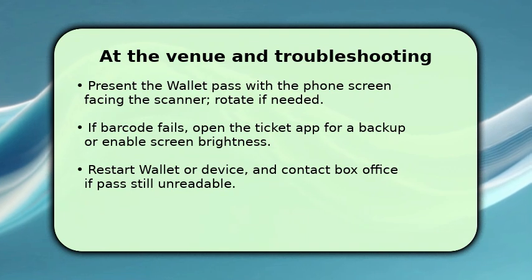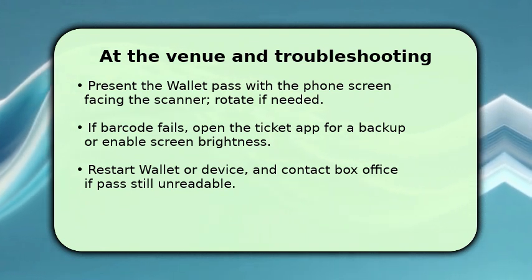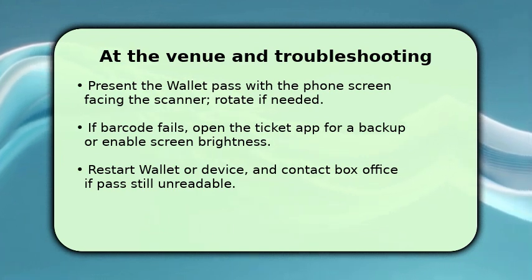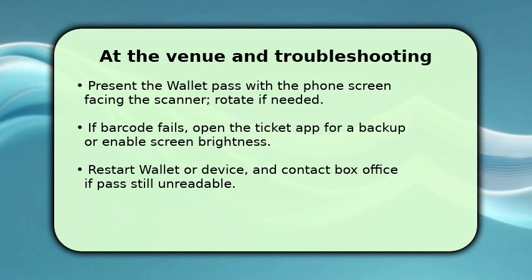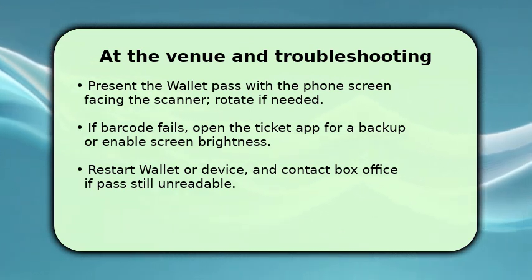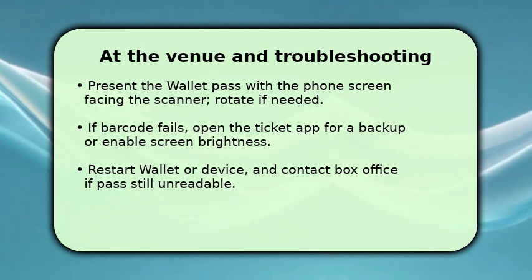If the barcode fails, open the original ticket app as a backup and pull up any order number. If the pass disappears or shows errors, restart wallet or the phone, then ask the box office to manually verify your purchase using your name or order number. If problems persist, the venue can reissue or